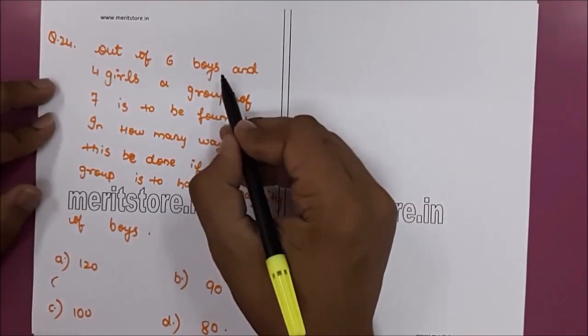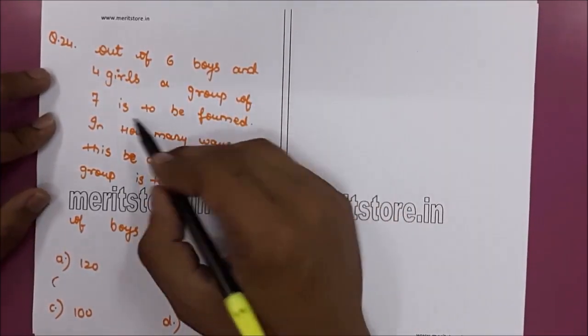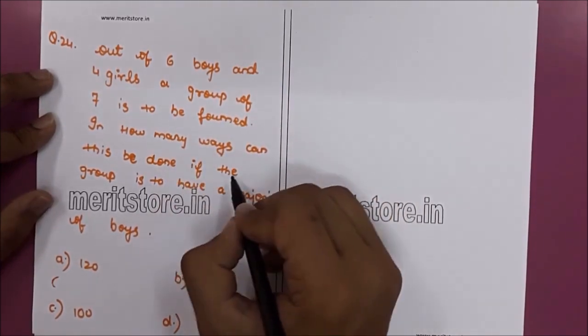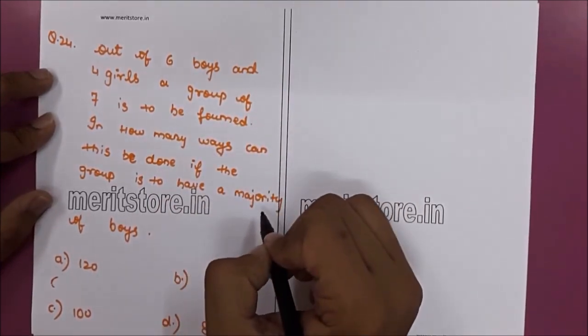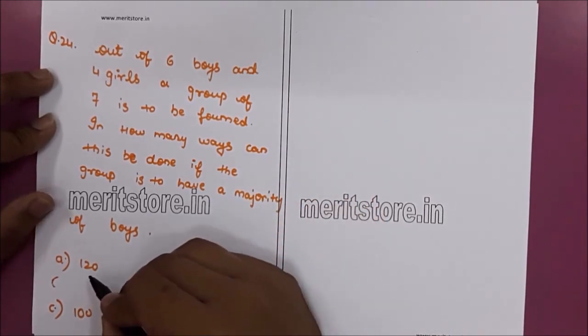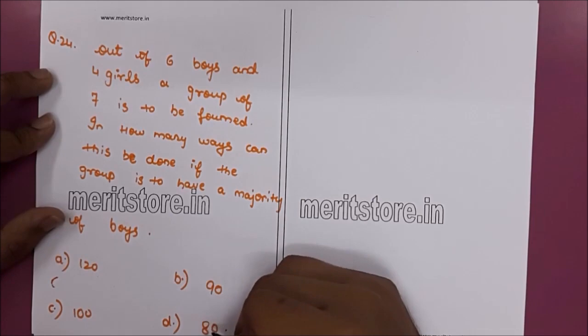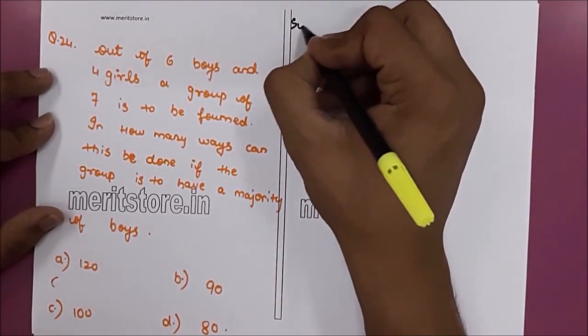Out of 6 boys and 4 girls, a group of 7 is to be formed. In how many ways can this be done if the group is to have a majority of boys? Option A 120, option B 90, option C 100, option D 80. Therefore, the solution is